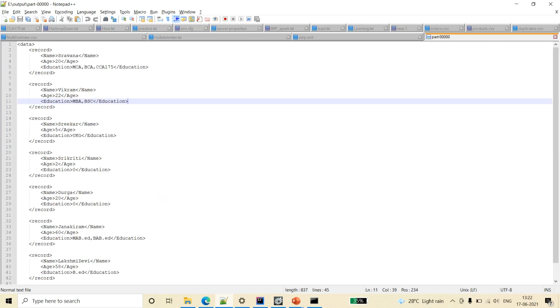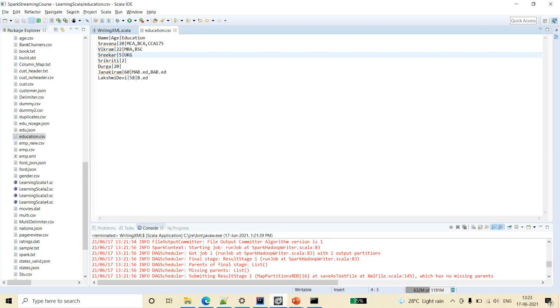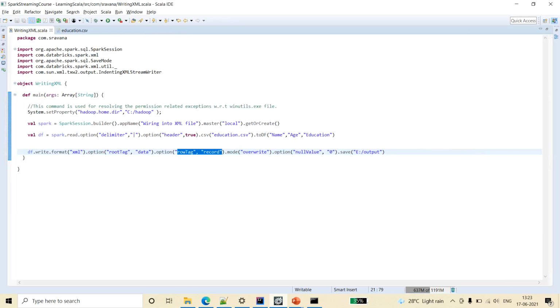Not only from CSV, it's actually writing from a data frame, so you can read any file format and use this XML writing functionality, write.format XML and the root tag and row tag options, and you can save into XML files.